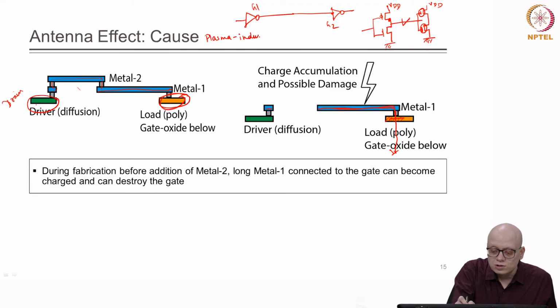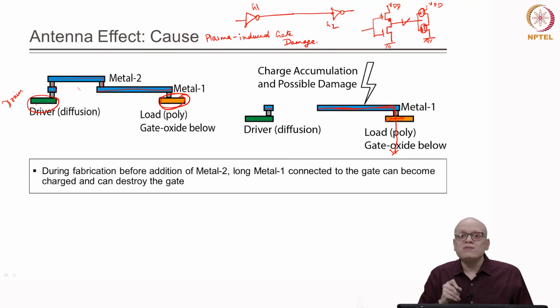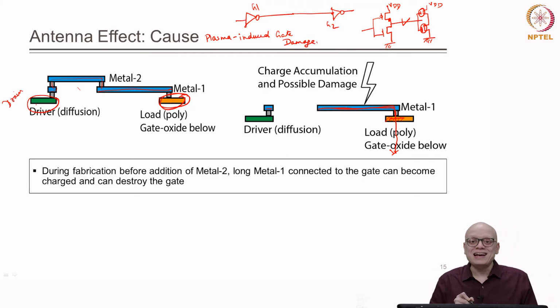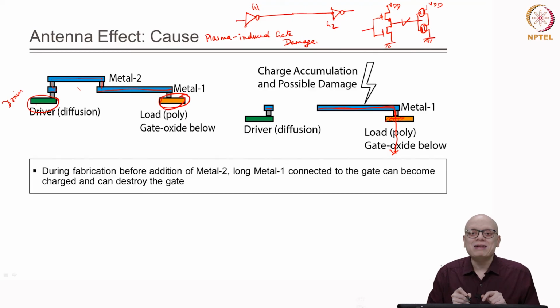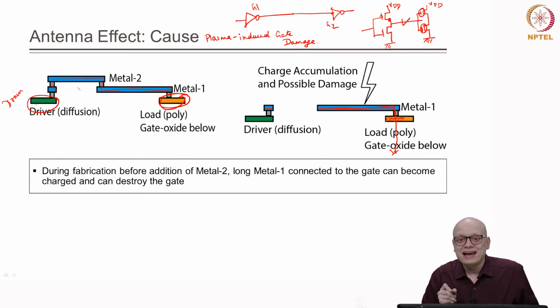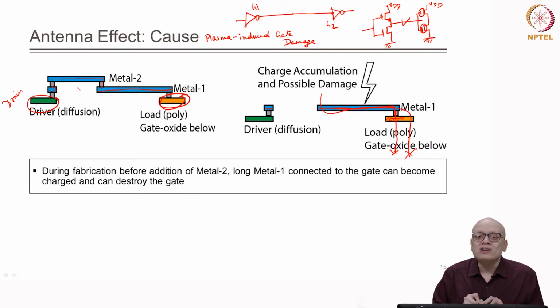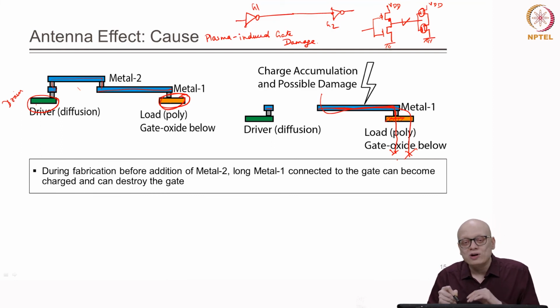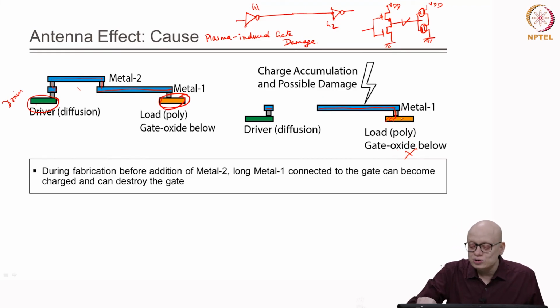induced gate damage. So, this can happen during fabrication, but why did it happen? Because the layout was made such that the metal one was directly connected to the gate, and there was no other path for the charge to flow, and therefore, this is not a good structure. We will see how to modify this structure, so that the antenna effect or the plasma induced gate damage